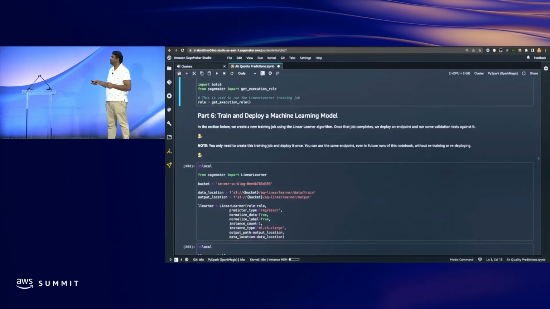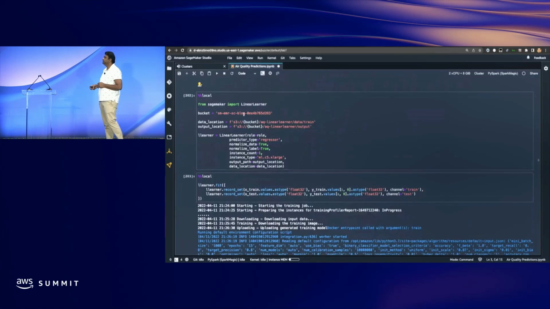So this is the part where we are training the model. We are using the linear learner library from SageMaker and providing the input data set after splitting our data into both training and test data sets.